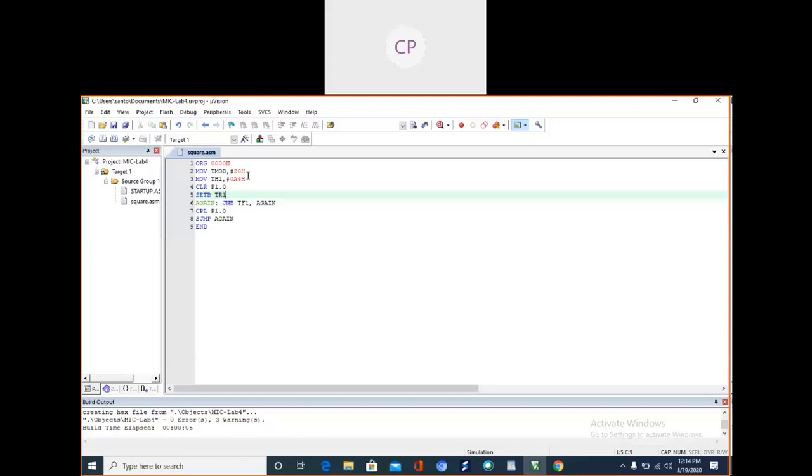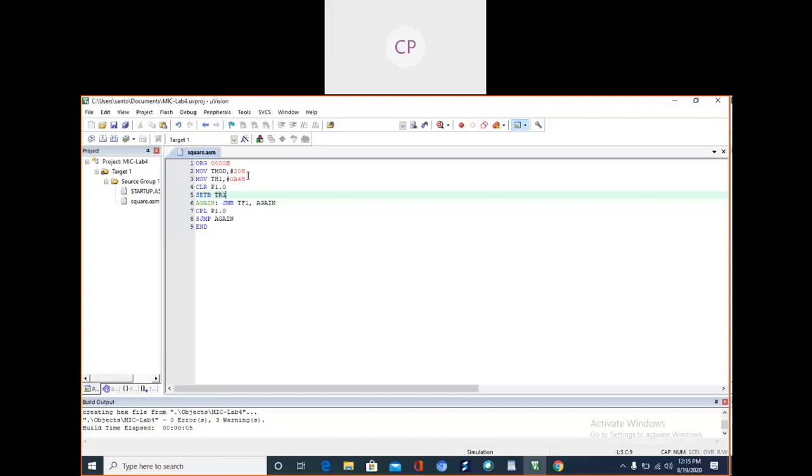Here we have loaded TMOD with 20, meaning it is operating in mode 2, timer 1. Depending on whether it is 01, 02, 10 or 20, that tells which timer and which mode we are utilizing. As per that, the TMOD value will be changed.